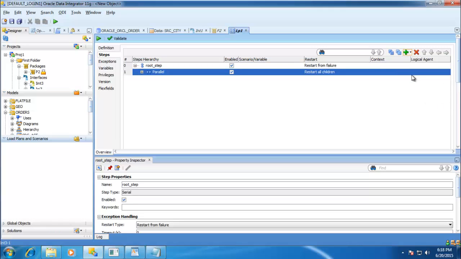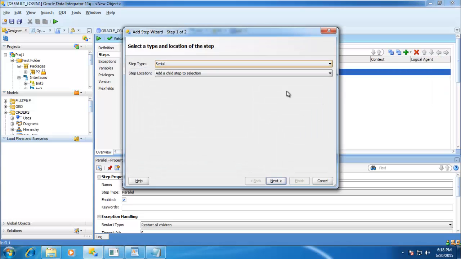I can define a parallel step. And I can tell what type of step I want to have. For example, the serial step.